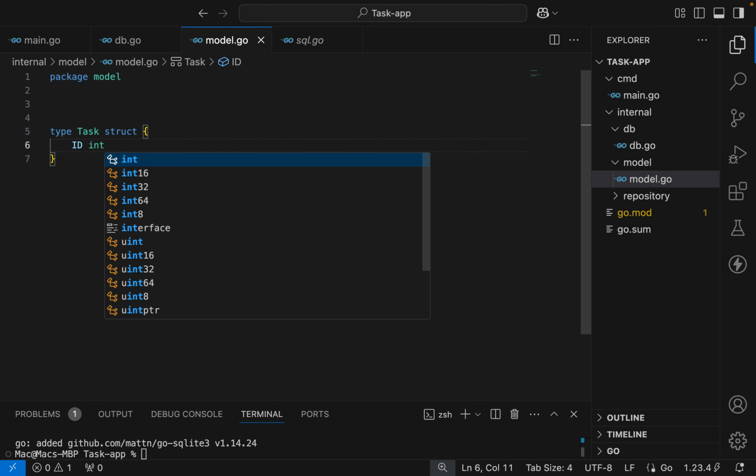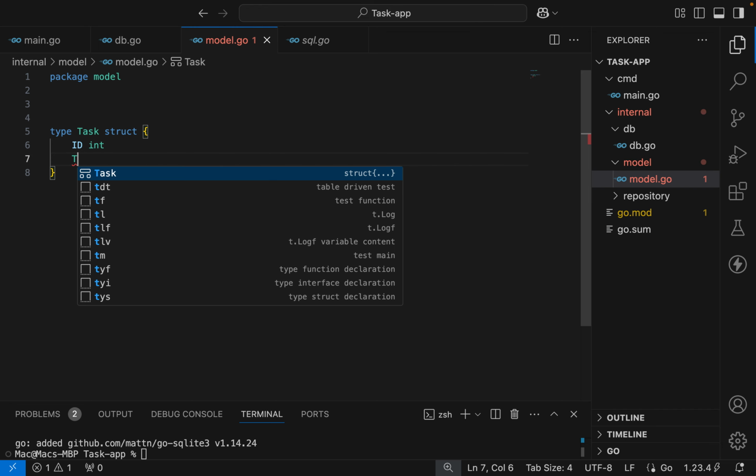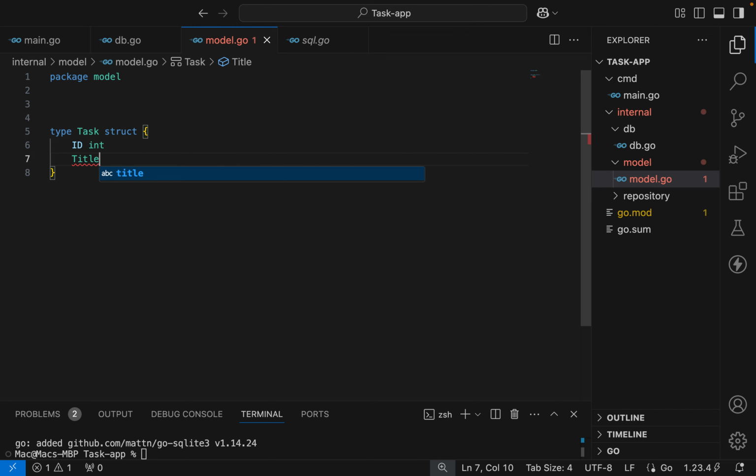Alright, so in Golang we do this, and then we have a struct, and then we have the field, and then you also have to specify the variable type, right? The data types. So this is going to be string,